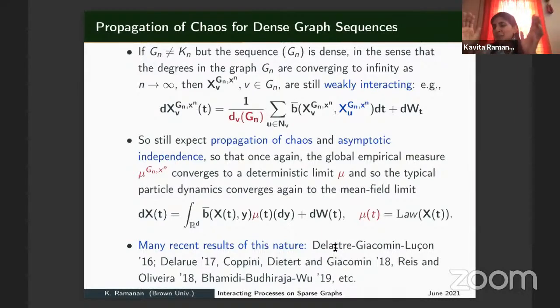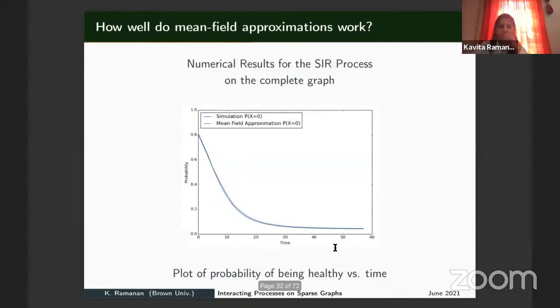And so mean field limits are used ubiquitously everywhere. Like, okay, you have any graph and you say, now I'll do the mean field approximation. So let's see how well it works. I just put some numerical results for the discrete SIR process on the complete graph. The simulation is in blue, this is the plot of the probability of being healthy versus time for some given initial condition, which is 0.8 probability of being healthy, with some values p, q that I chose. This was done by my undergraduate student, Mitchell Wartzman, who's now at University of Washington.